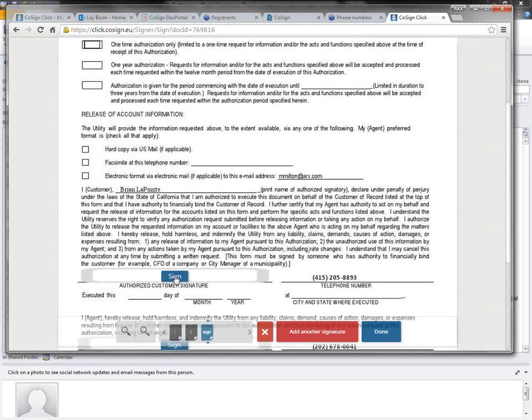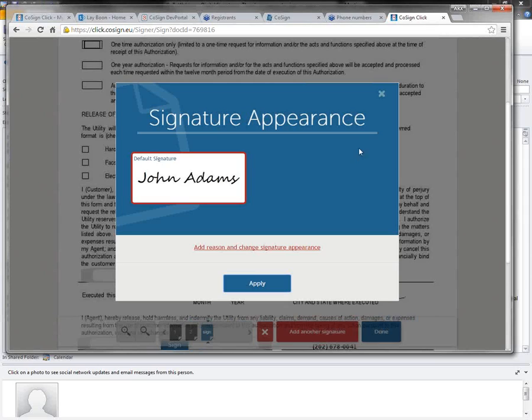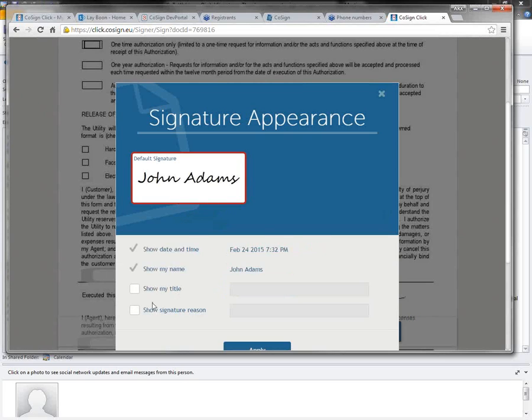So all they need to do is click Sign. It enrolled them in the system immediately. So when I typed in John Adams, it created an identity for that person. And think about it, it's kind of challenging for these outside parties to get their graphical signature. And quite frankly, with digital signatures, it's not all that needed to have a graphical signature. It's really there for comfort reasons. So we just use a fonted script of the person's name.